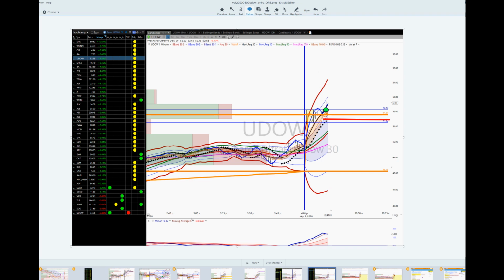Meanwhile, UDOW had started to move up at the same time that U.S. Steel was moving down. UDOW had also gapped up. Here was yesterday's VWAP at 48, and it had closed at about 49.5, and then gapped up to open at 52. I was really looking at the difference between those two VWAPs: the starting VWAP of the day here, and yesterday's VWAP there. The fact that yesterday closed higher than the VWAP felt like an indication that there was more room for it